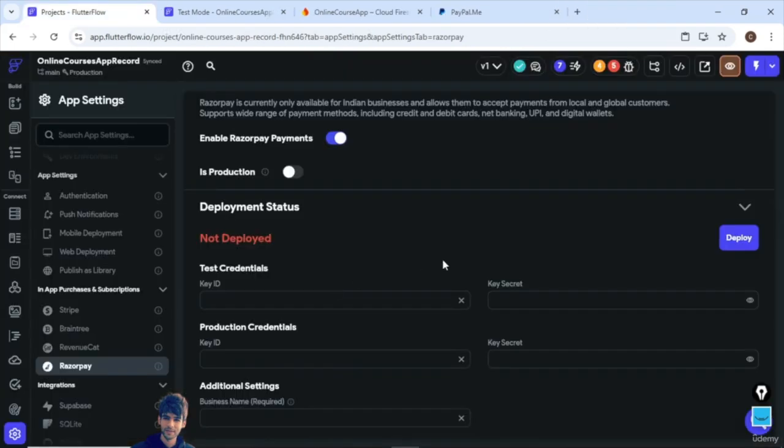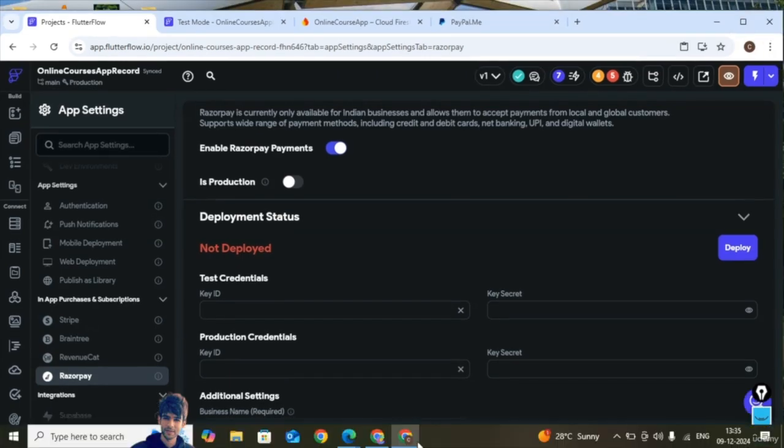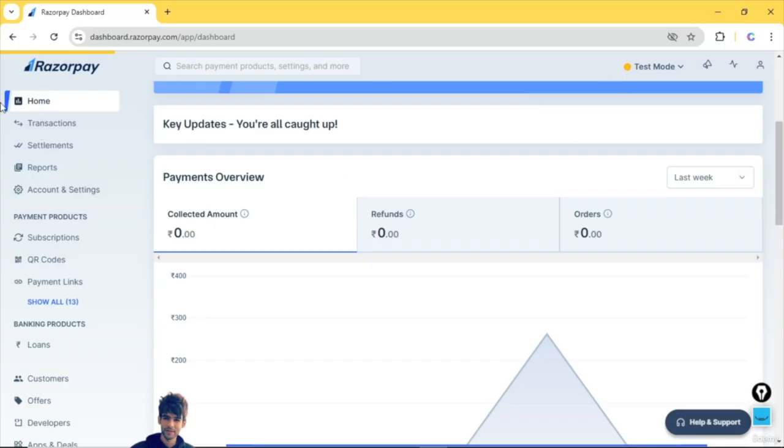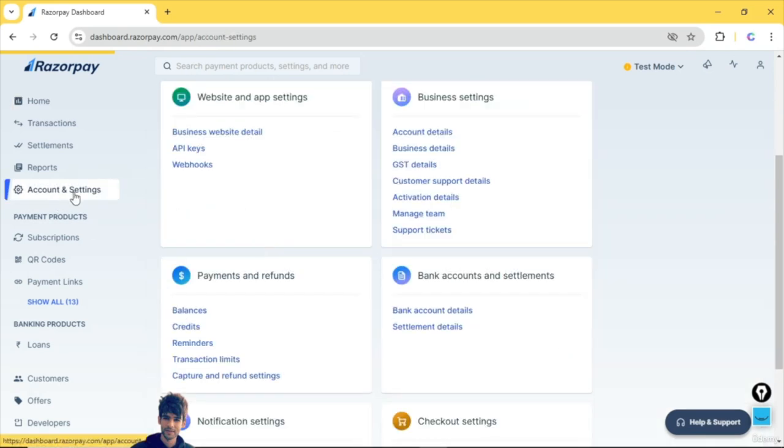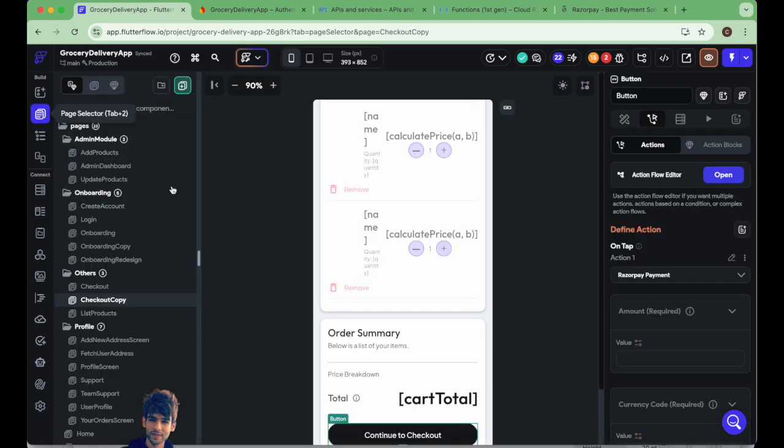Let me show you my RazorPay account, what you will see inside the dashboard after signing up, and where you can find this key ID. So let's go to my dashboard. This is the kind of dashboard you will see after registration. Inside account and settings, you will be able to see the API keys. On the click of account and settings, you can click on API keys. Once you click on API keys, you will see the test credential, key secret, and all that stuff. Now let's go